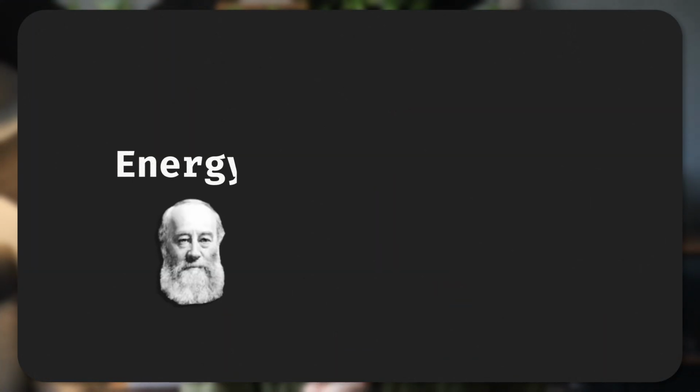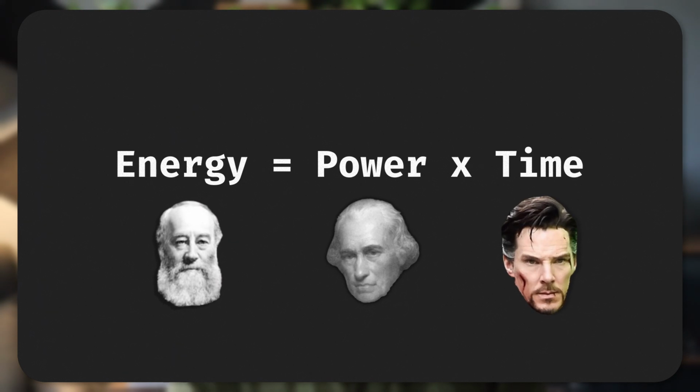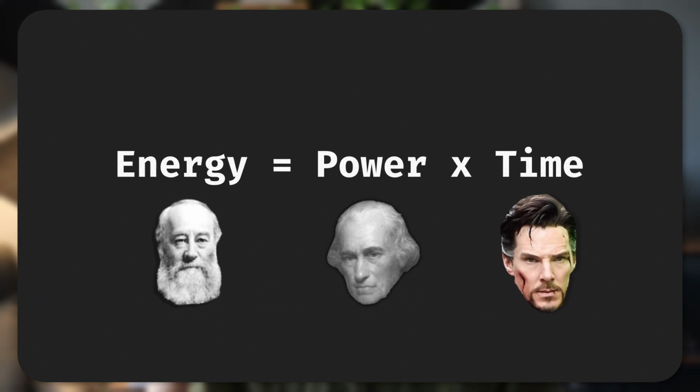So one of the first things we have to understand is how energy actually works. The equation for energy is: energy in joules is equal to the power in watts times the time in seconds, right? So it's just the amount of power, which is just the electricity here, over time, and that's energy. Which makes sense, right? If we think about writing a program and the program runs, the amount of time that the program took is directly proportional to the amount of energy that it used, but it is with respect to the amount of power that that program was drawing while it was running.